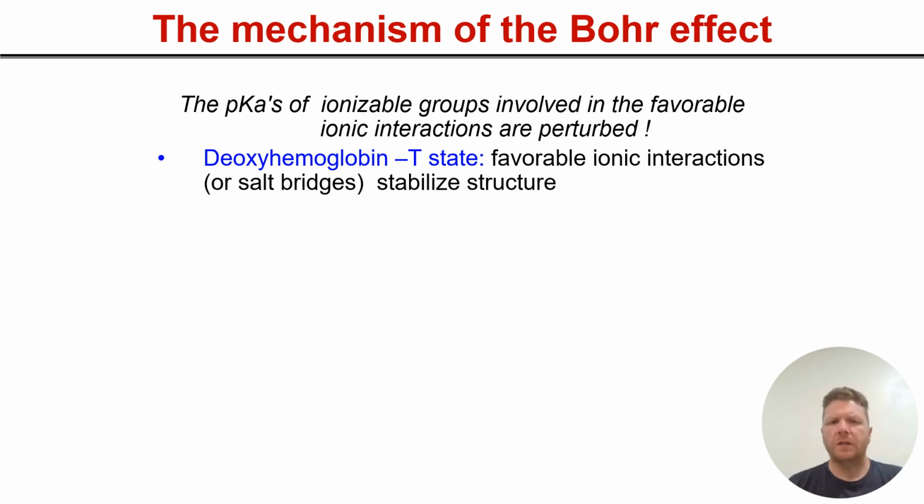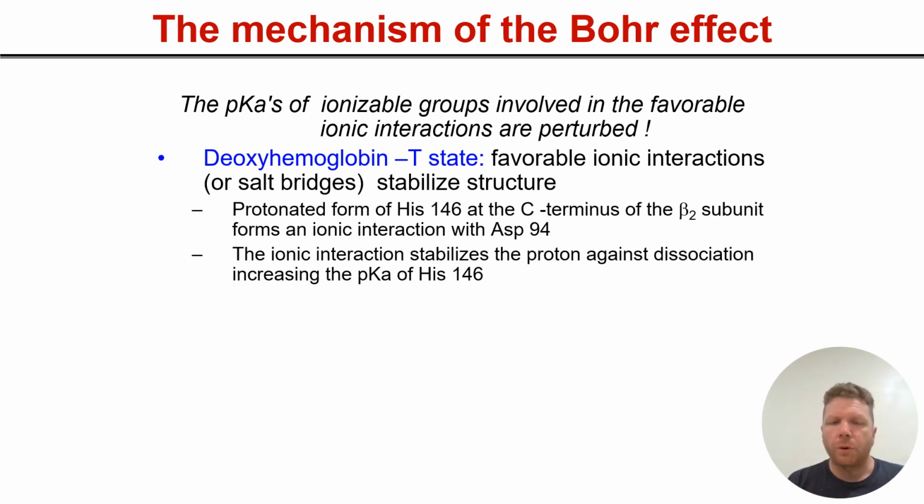So let's talk about our different states. Our deoxyhemoglobin, or our T state, there are favorable ionic interactions that stabilize the structure of this protein. Now, the protonated form of histidine 146, His 146, remember the structure of histidine, that's that five-membered ring, at the C terminus of the beta-2 subunit forms an ionic interaction with aspartate 94. So this is a positive residue, histidine 146, and a negative residue,